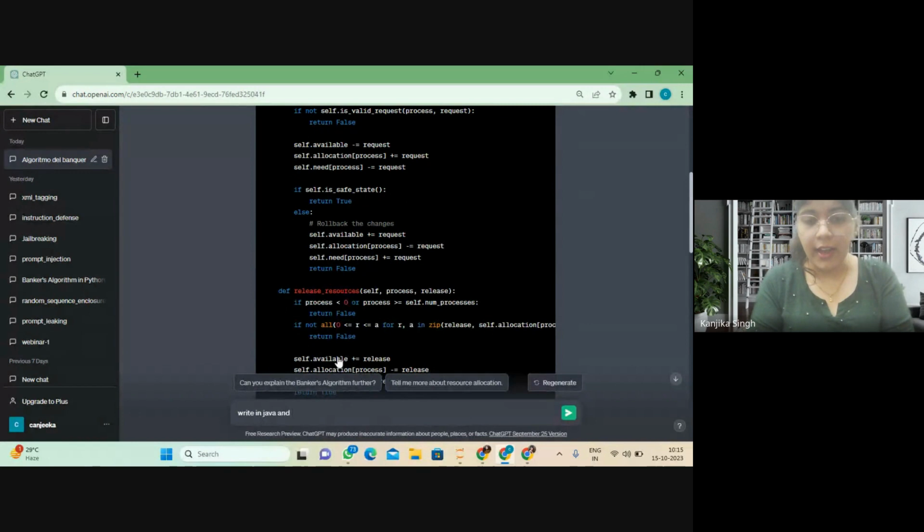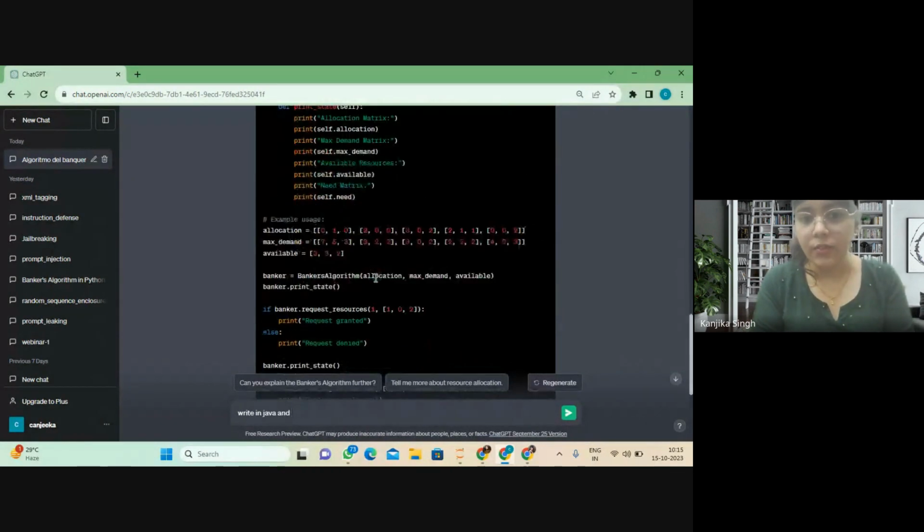And then, as we can see, because I did not specify that I want the user to give inputs, it is by default taking an example and giving it as input. But in reality, I want something else from the code. So I have to make sure that I specify the instructions very properly, so that